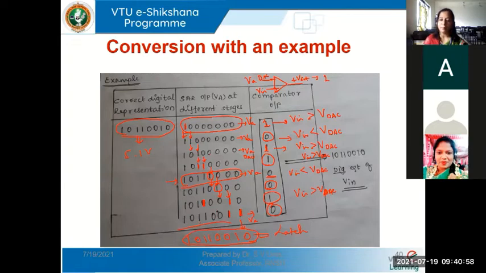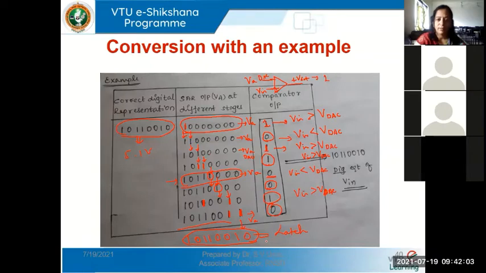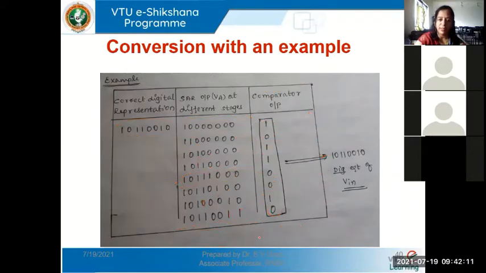This will be the final digital converted output which will be stored on a latch. And I won't repeat the cycle after this because I am done with all the 8 bits in my successive approximation register. If I have a 10 bit or 12 bit ADC, I'll repeat till I come to the LSB bit. Start with the MSB by setting the MSB and go through the loop. Okay, I hope this is clear to you, the working of the successive approximation ADC. Please ask if you have any doubts.